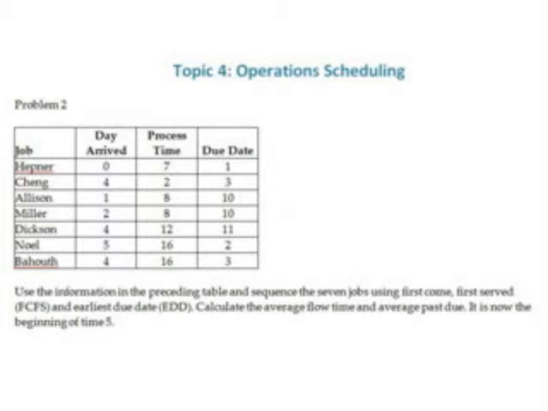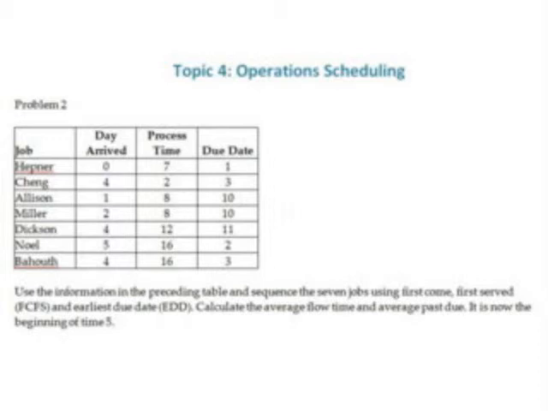For example, the first job arrived at time 0. The second job arrived at time 4 or day 4. So we could think about a timeline. Right now it's the beginning of day 5, and the first job arrived at day 0, so that implies that it arrived 5 days ago. If we assume that the jobs arrived at the beginning of each of the specified days, then we know what are the days